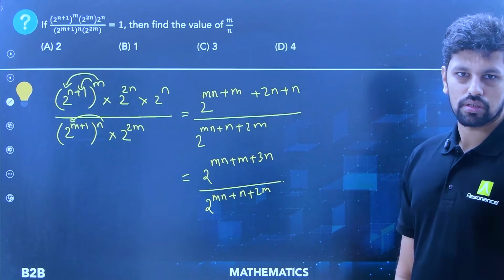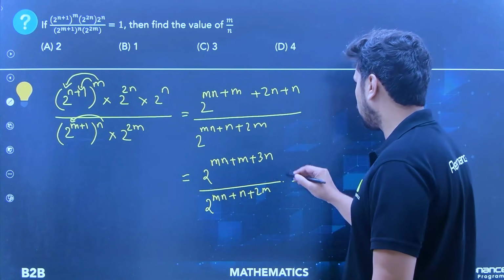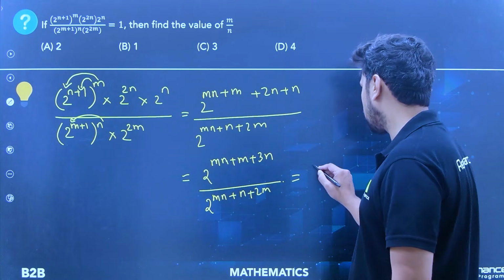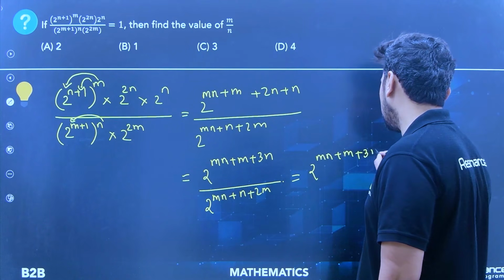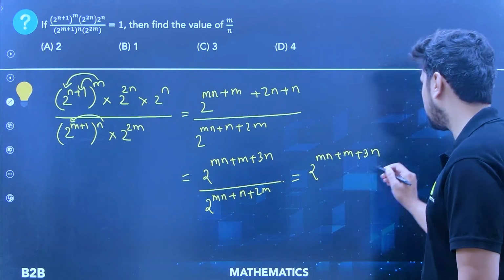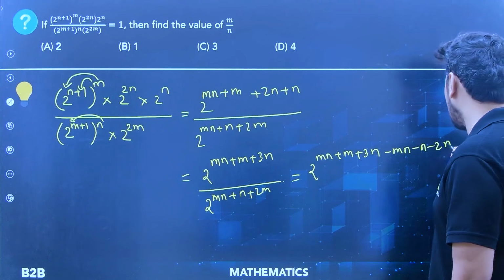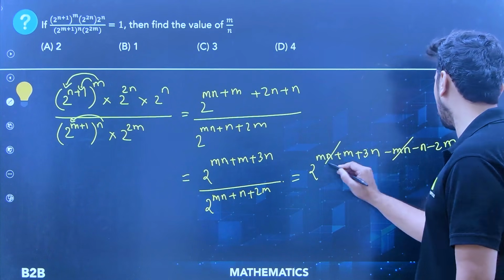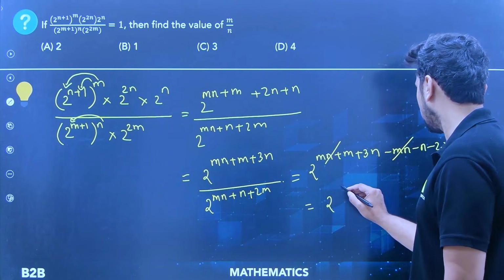Okay. So let's solve this. 8 to the power m upon 8 to the power n. So 2 to the power mn plus m plus 3n, and these will be subtracted. So minus mn minus n minus 2m. Mn got cancelled. So this will become 2 to the power